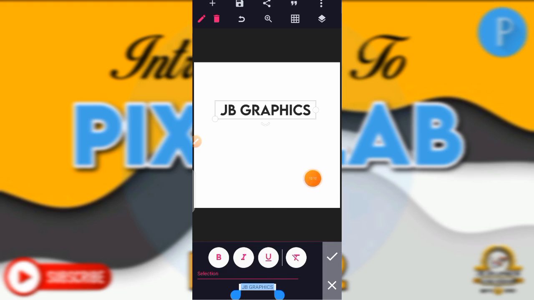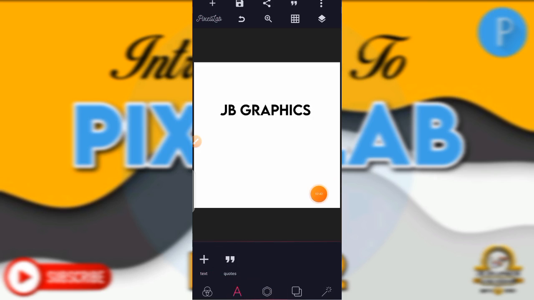So if I want to bolden it, you see the text are bolded. If you want to undo the bold, you just click on this, the T, and then you see they've cancelled it. You click on it. Okay, italic. You see it has been in italic form. Underline. You see it has been underlined. If I want to undo all this, I just click on this, the C, which is cancel. You see, then you click on it. Okay,